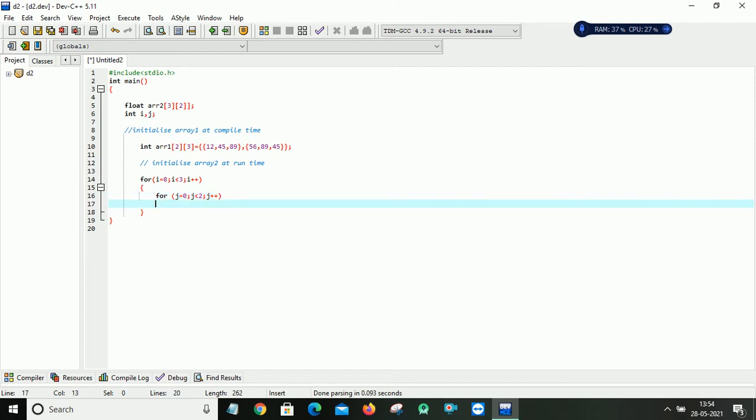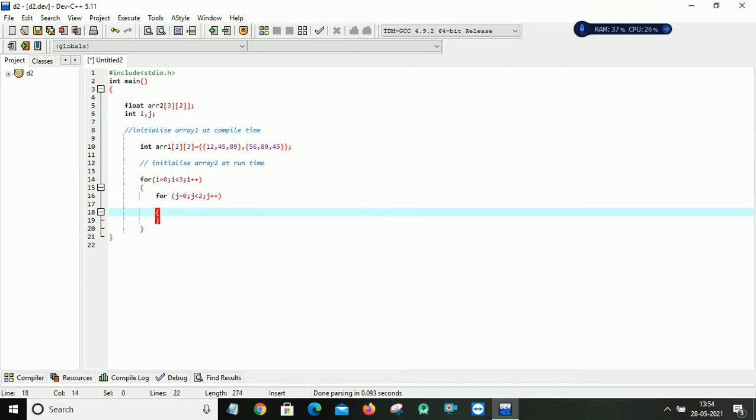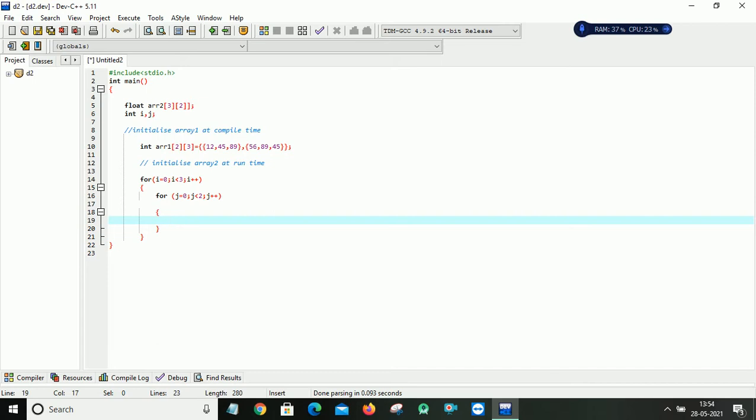In this, I'm going to write printf and scanf statements to read the array 2 elements at the time of execution. For easy reference, I'm writing one printf statement asking the user to enter the array elements at position.